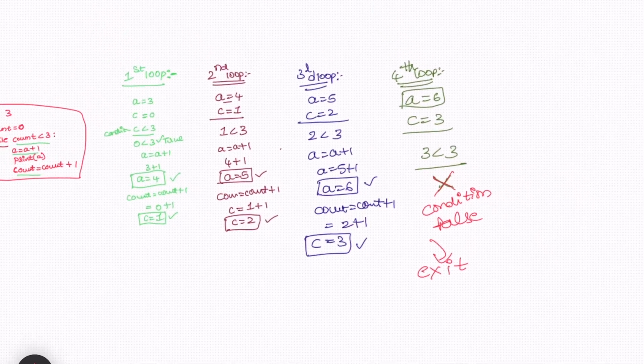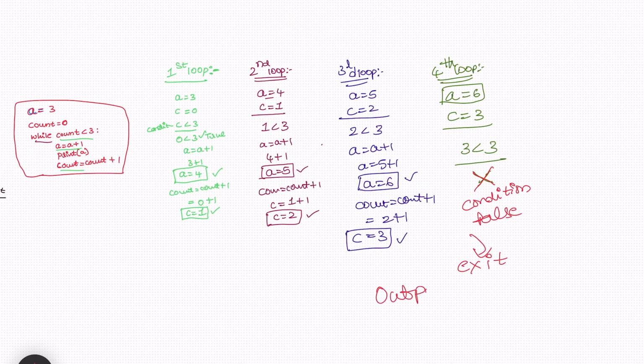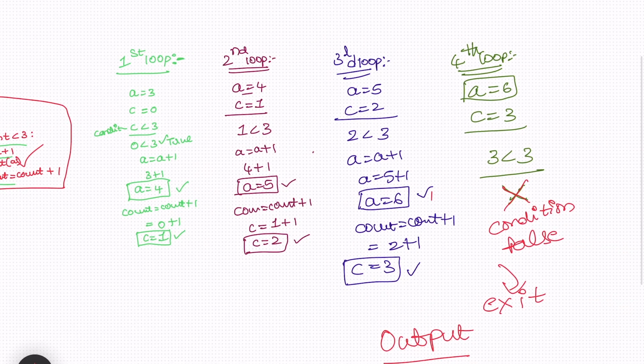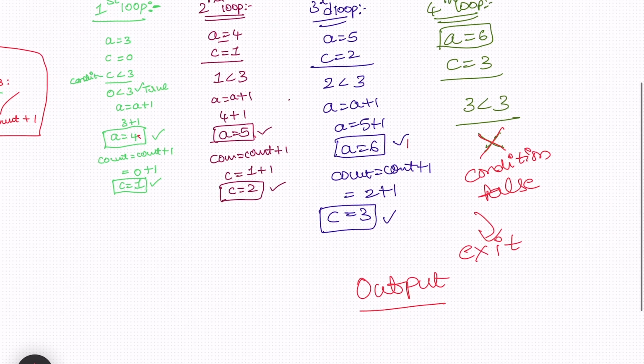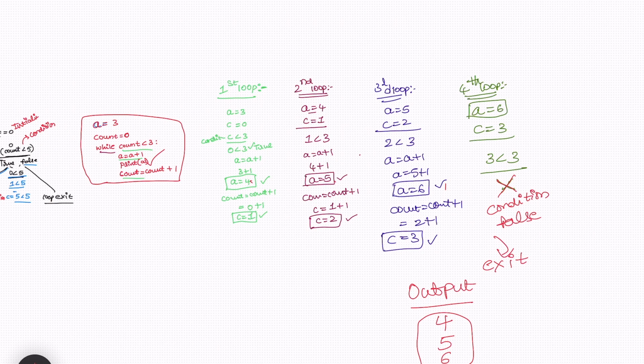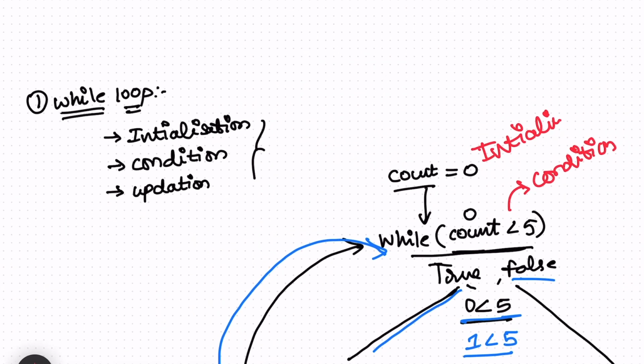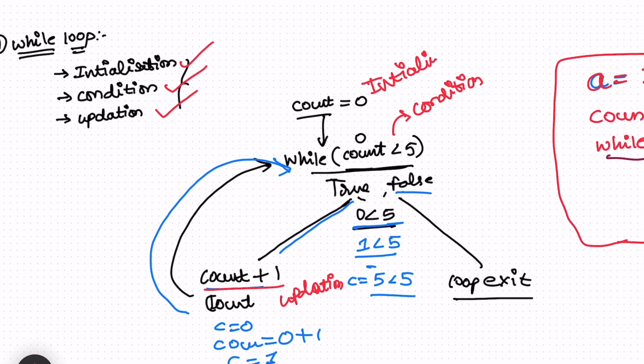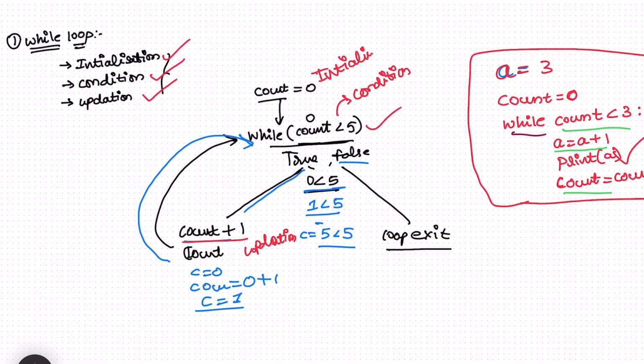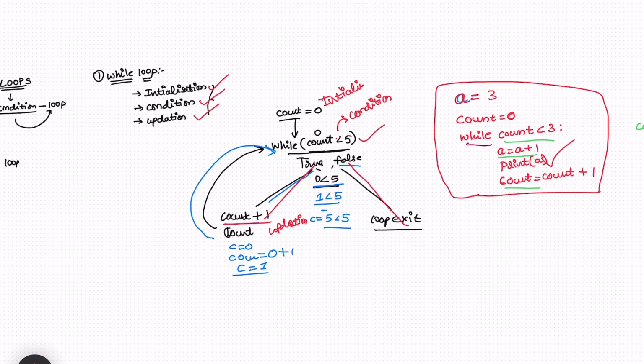So what is the output? We have to print A, right? Here we have to print A. So what is the output till third loop? 4, 5, 6. So the output will be 4, 5 and 6. This is while loop. Whenever you give these three things, initialization, condition and updation, the while loop will get executed in this format. If the condition is true, it will execute the code. If the condition is false, it will exit from the loop. So this is while loop and we'll see